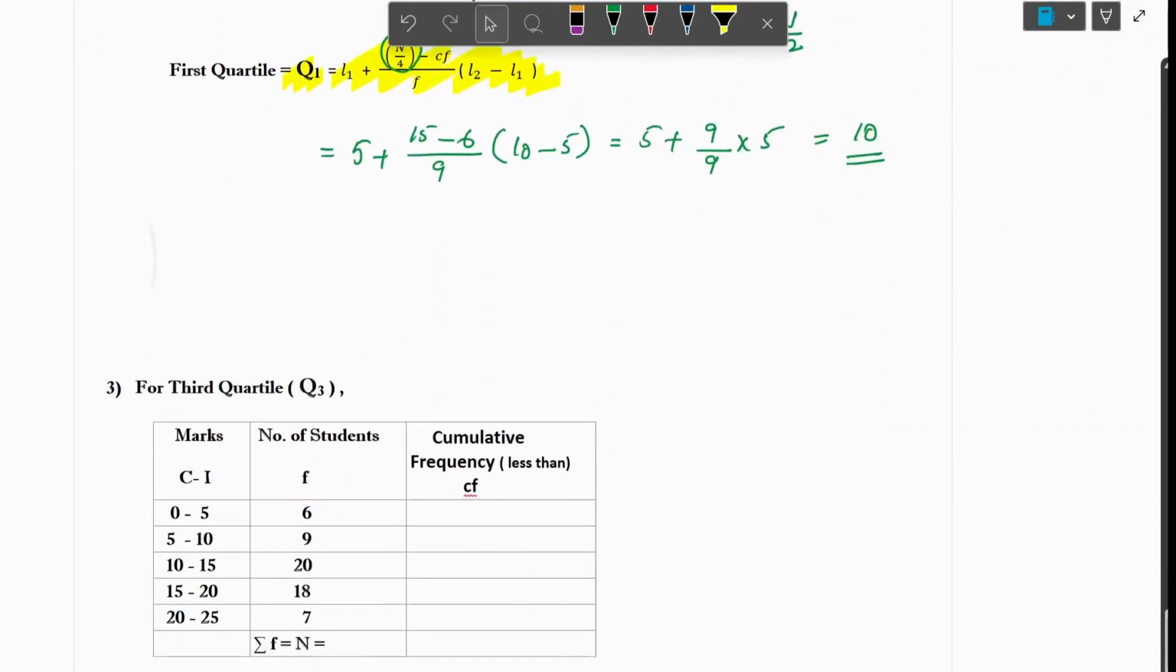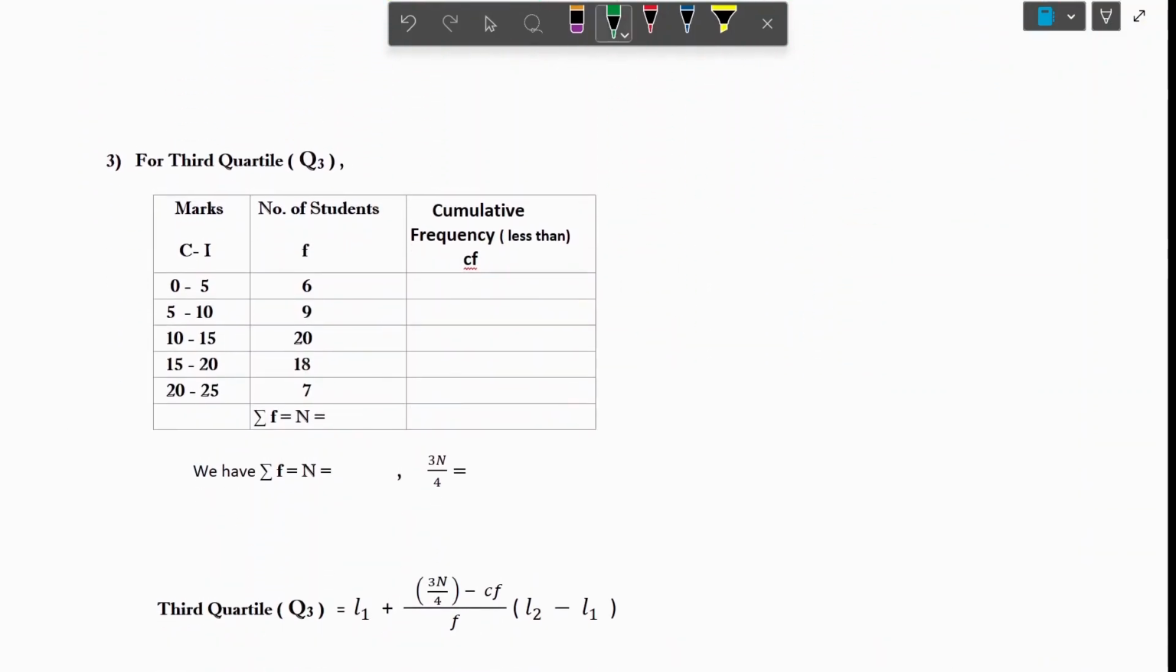Next we'll solve for Q3. That is the third quartile. With the same question, step number 1, same cumulative frequency table. Now it is for you, it is very easy. That means you start with the lowest frequency 6, keep on adding 6 plus 9. It keeps on increasing the values. That is equal to 15, here 35. Next value, that is 53